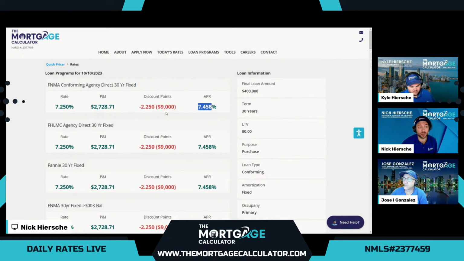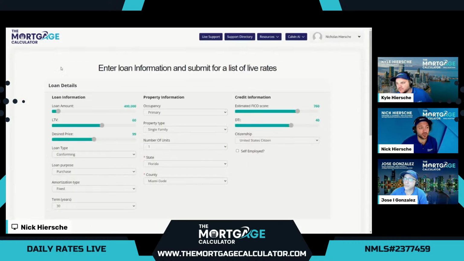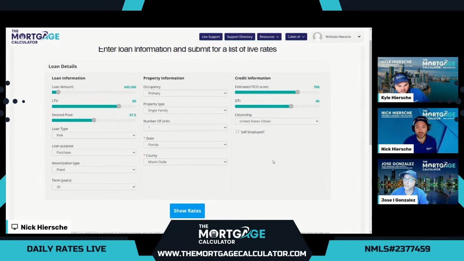Now, if our customer doesn't qualify for conventional for any reason, typically, the next option we want to check out is FHA. So we'll set up the same exact scenario and select FHA this time. So FHA does have a little more leniency on credit issues, as well as a higher debt to income ratio we can go to. So typically this is the next option if we have any issues. And we'll keep everything exactly the same so that we can compare apples to apples across the APR. So let's check out the lowest options here for FHA.